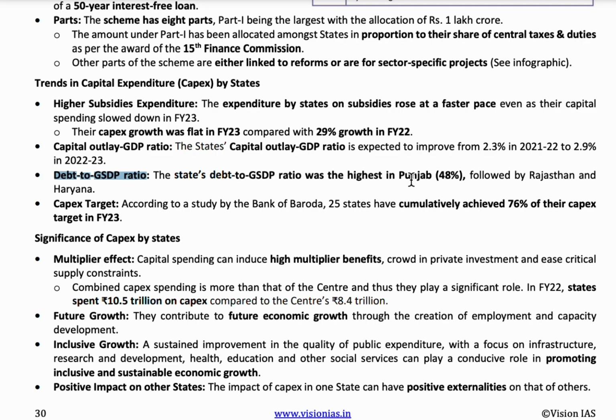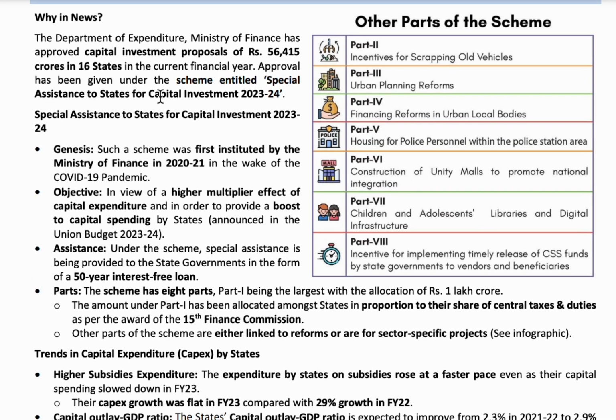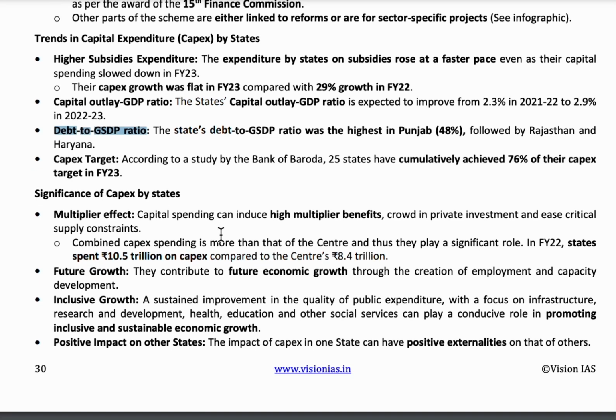So providing money under the scheme can support states economically. Under which part is the money allocated to improve the debt to GSDP ratio? It is under part 1 of the special assistance to states for capital investment scheme. Providing capital expenditure to the states is a good initiative by the center, but there are still some challenges